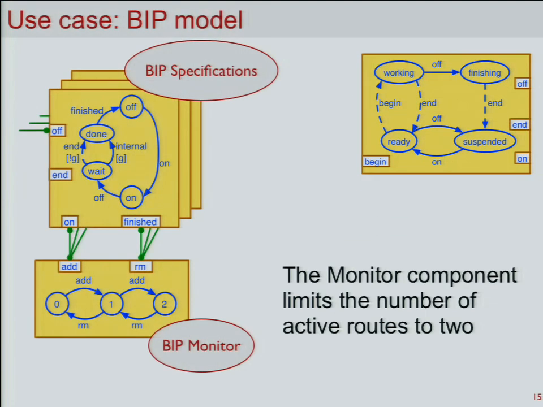So now, how do we make the changes here? First of all, you have to take your model of the Camel route and transform it into something that is BIP proper, and that allows you to do coordination. What you notice here is that we are in an on state, and we do the enforceable transition off. So we're no longer immediately in the off state, we are getting to the wait state, from which we can